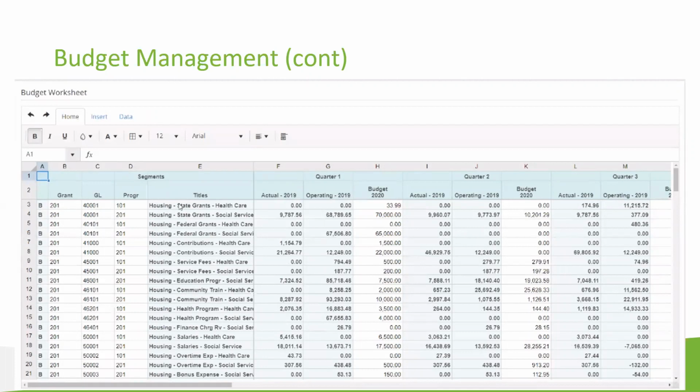You can highlight a group of cells. Let's say I wanted to take this chunk here, if you would. And it could be a row, it can be a column, or it can be a combination of both. But if I did, I can right-click, and now I can do things like modify the quantities. Why would I do something like that? Well, let's say I had a budget decrease of 5% in a particular area. Well, I could just select that chunk, right-click, and then enter the negative value so that it impacts the rest of the selection.